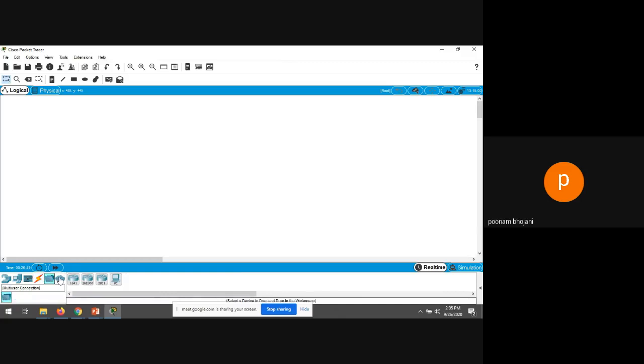Some miscellaneous components are given, right, and multi-user connections are given. So this many components are present in the Cisco Packet Tracer tool. In Multisim, as we know, different types of devices or components were there. Same way here also, different types of components are present. In the above, the general options are there, right? Zooming option and saving option, open, print, and everything.